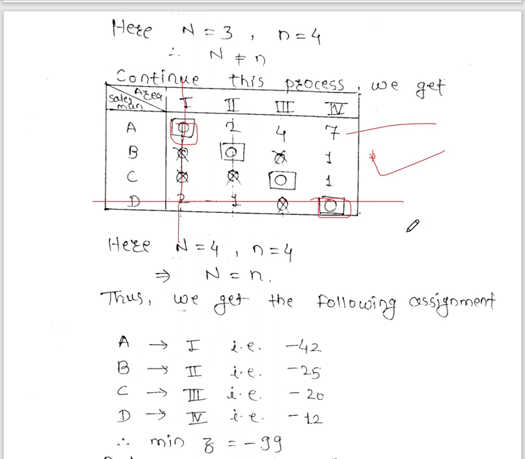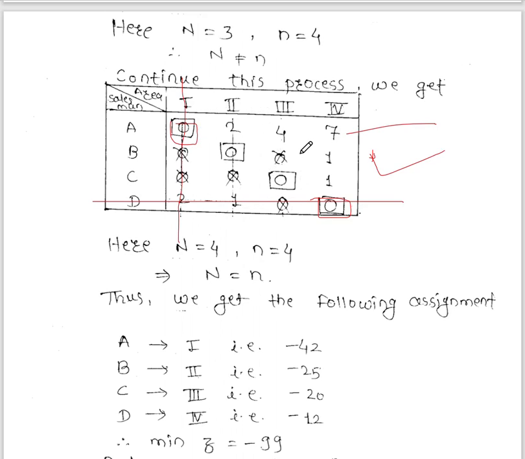Okay, so again you have to go to the next step, that is, you have to find the smallest element, and here the smallest element is 0. If you add and subtract this smallest element from each element, there will be no effect on this table. Okay, so here this smallest element remains 0, and whether you subtract or add this 0 element to the remaining elements, there will be no difference.